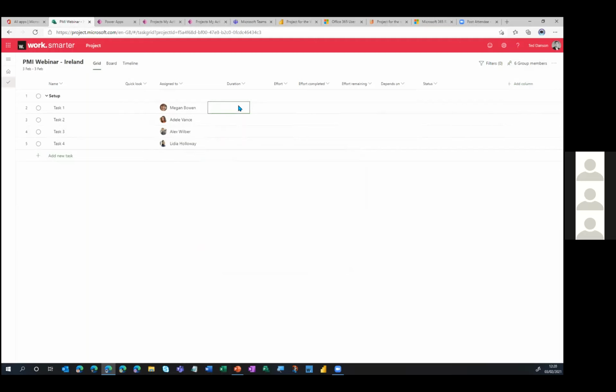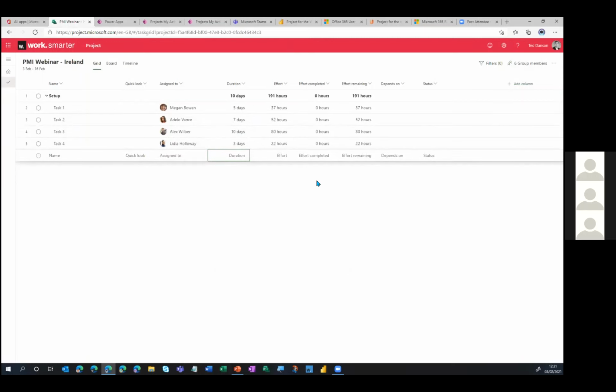I can now start typing in durations. So let's say 5 days for this, 4 days for that, 7 days for this. Ooh, 47 days, that's maybe a bit too much. Let's say 7 days instead. Let's go for 10 days there, and we'll go for 3 days there. Effort is now automatically populated based upon the duration, but of course you can detach the two. So even though the duration might be 5 days, we could turn around and say, well, there's only 2 days of effort required across those 5 days. I'm just giving you a bit of extra time to do the work.